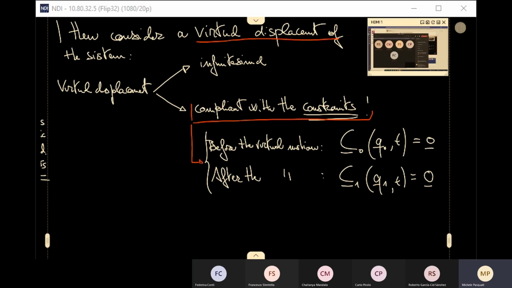They must hold, so that basically we could write